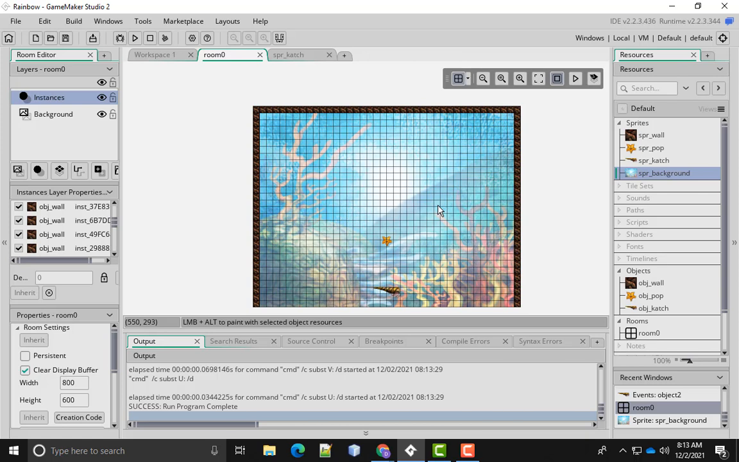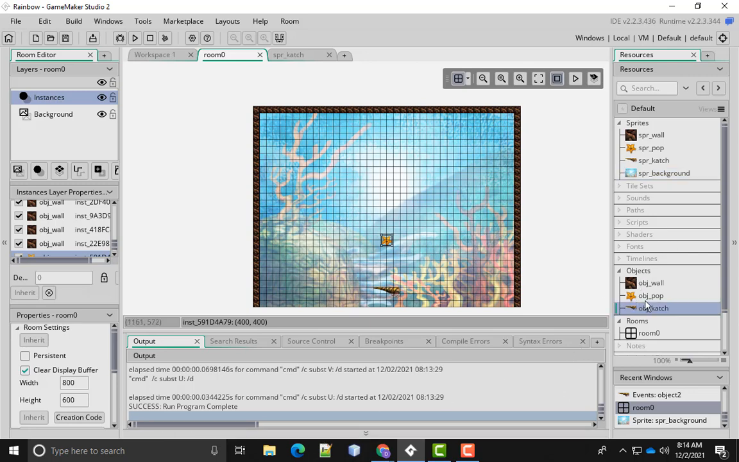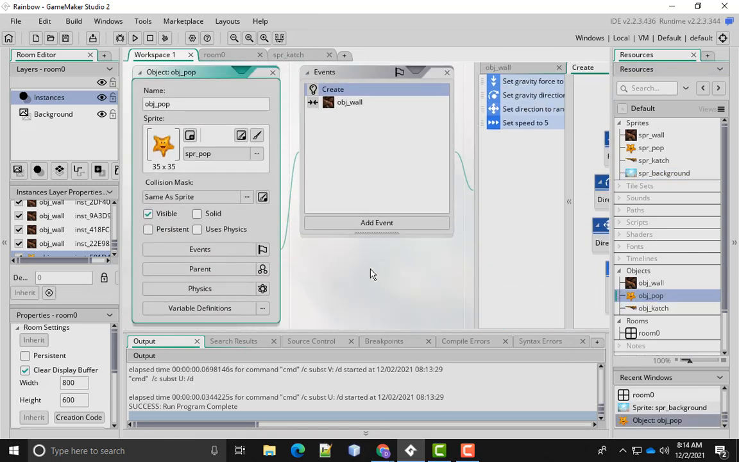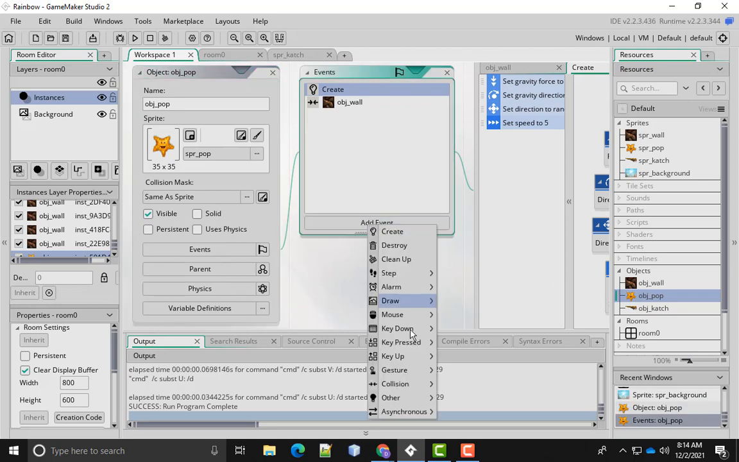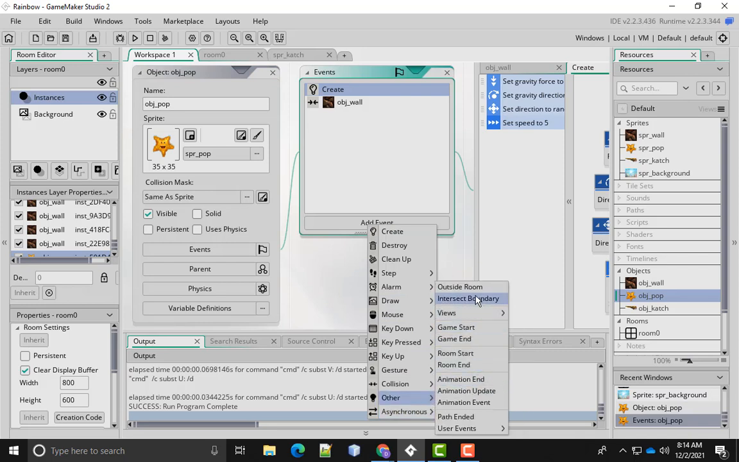All right, so now it's going to be a lot harder to keep Pop in the room because we have to move Katch around. What we can do, we can look at Pop's current position here. I wish it would tell us. Looks like Pop's position is 400, like 400, 400, something like that. So we could say this. When object Pop, we go to object Pop, and we can add this event. We can say other, outside room,